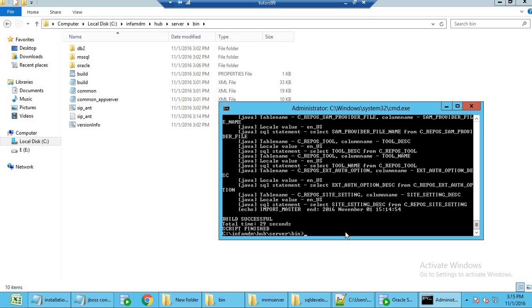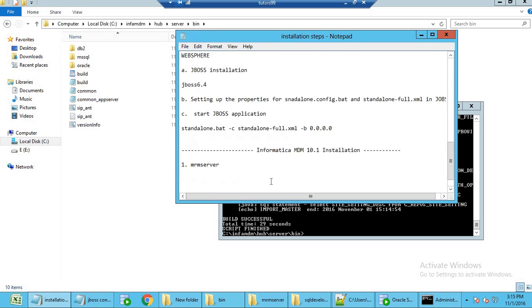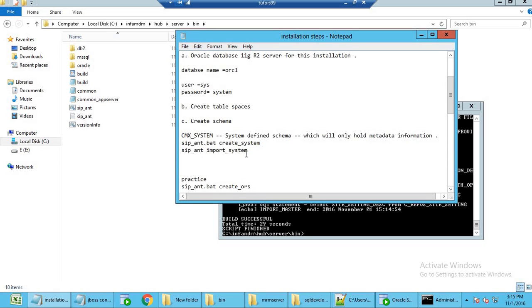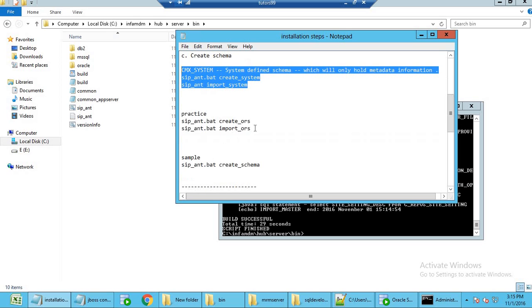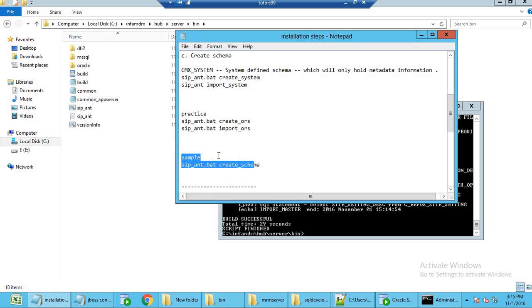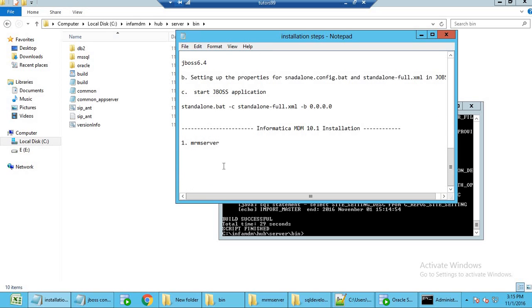So previously we had just installed. If you come here, we have created this CMX system, we have created this practice, and we created this sample letter, so that's not mandatory. So now we have installed Informatica MDM. The first part we have installed is the Informatica MDM hub, but in the next part we are going to